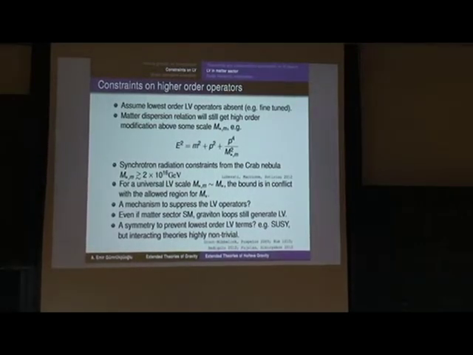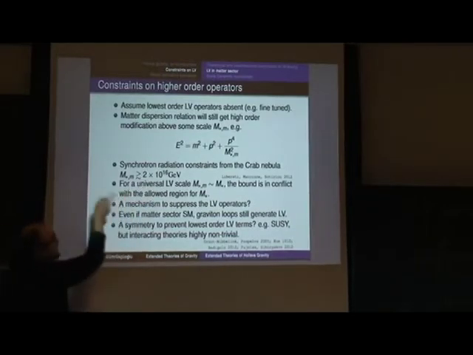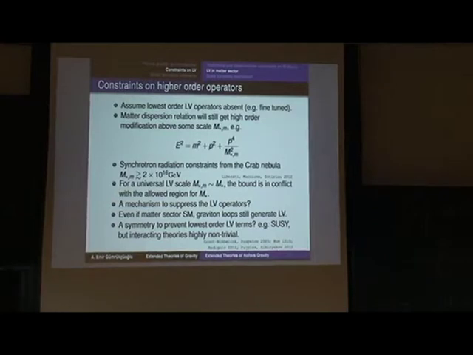And then the question is basically what would happen if the Lorentz violation had a universal scale in both matter and gravity sectors. And that would basically make this bound completely in conflict with the bound coming from theoretical considerations in order to avoid the strong coupling problem. Basically, you need the opposite of this. So this is just another example which basically tells that you need some mechanism to suppress the Lorentz violating operators in the matter sector. And even if you take the matter sector to be purely standard model, everything is Lorentz invariant at tree level,